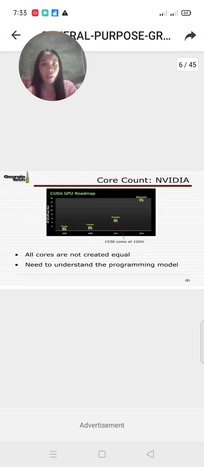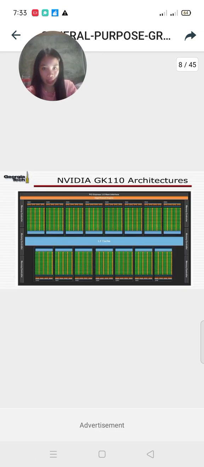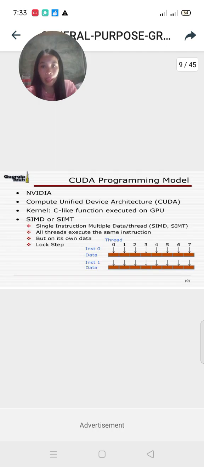The CUDA platform is a software layer that gives direct access to the GPU's virtual instruction set and parallel computational elements for the execution of compute kernels, designed to work with programming languages such as C++ and Fortran. CUDA is an accessible platform requiring no advanced skills in graphics programming and available to software developers through